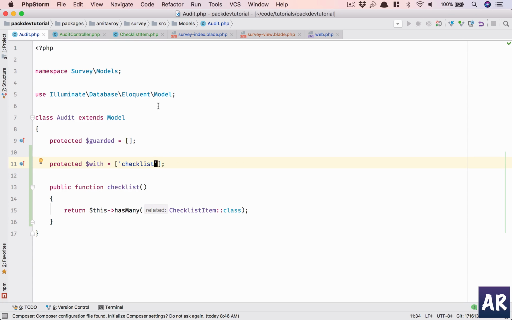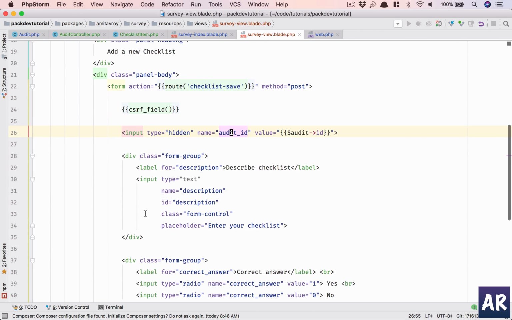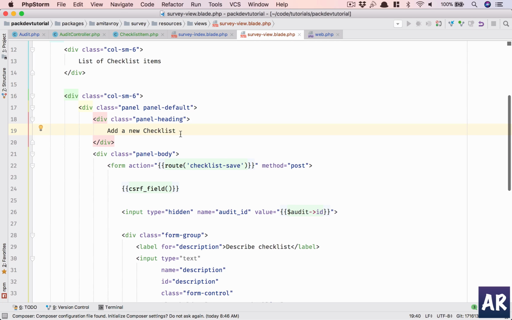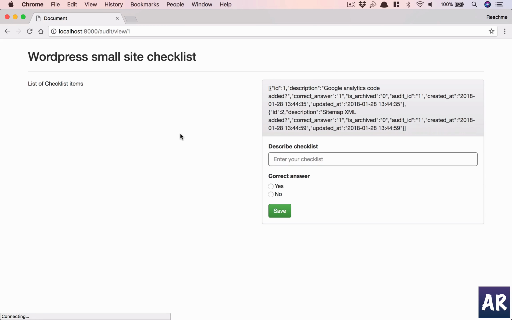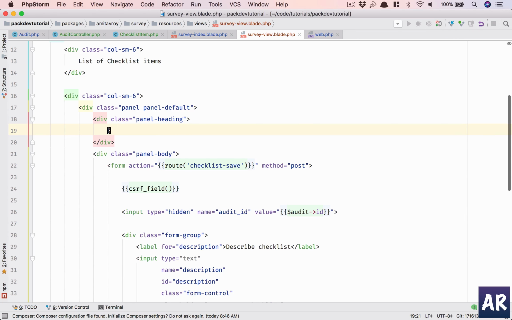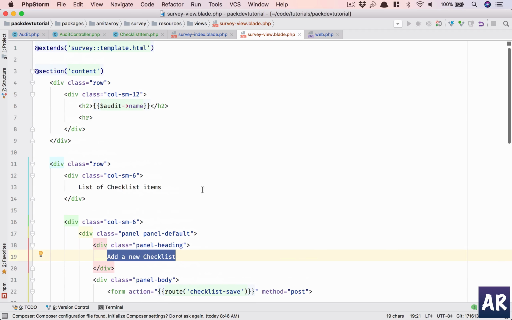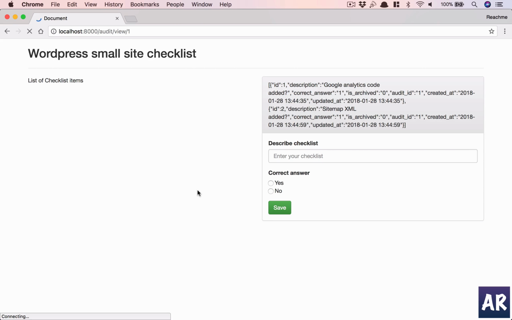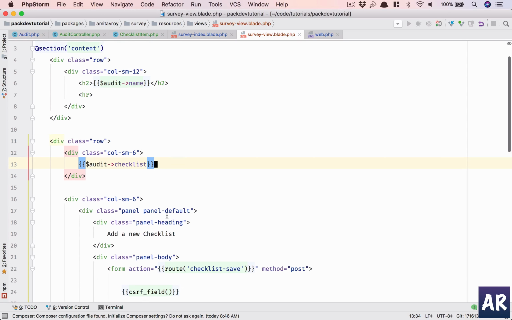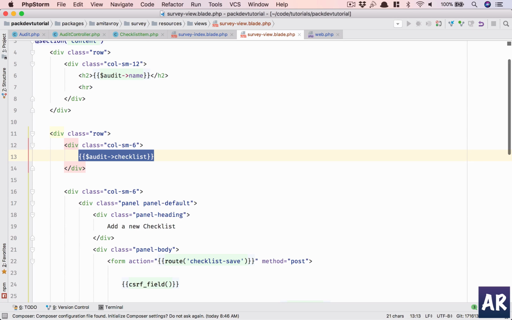Okay, this is done. So in here, this is our list, right? So let's just say audit checklist. Hmm, wrong place. This is where I want to add this. Right. I have the two audits. So now what I can do is, instead of printing it like this, I can do a for loop and make it a little more attractive. So ul list group,